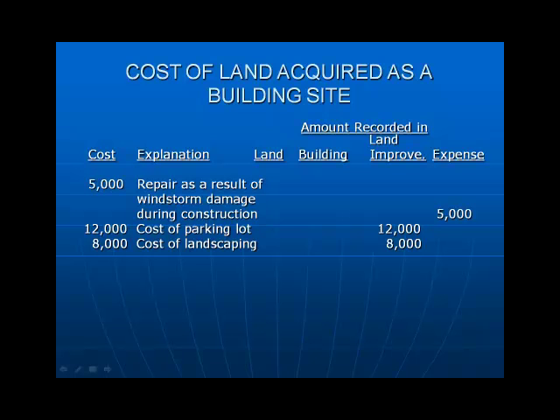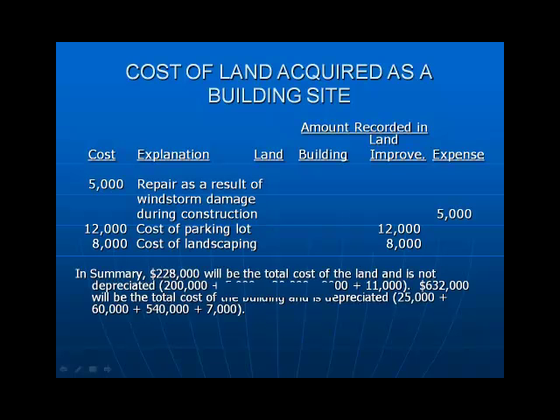Now normally the initial landscaping job will get added to a fixed asset account and depreciated, such as land improvements. From here on out, just the normal maintenance of the landscape, replacement of flowers here and there or trees, is going to be an immediate expense. So in summary, $228,000 of all these costs that we've had will be the total cost of the land. The $200,000